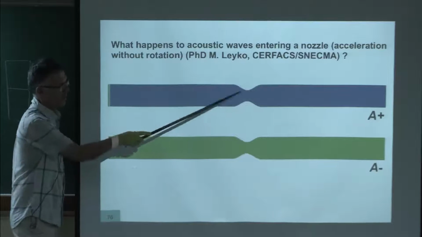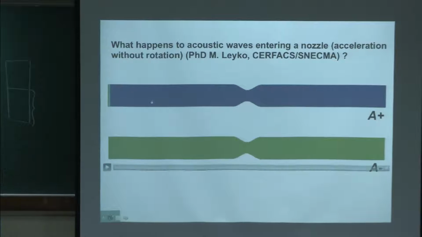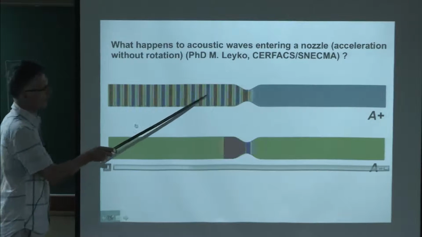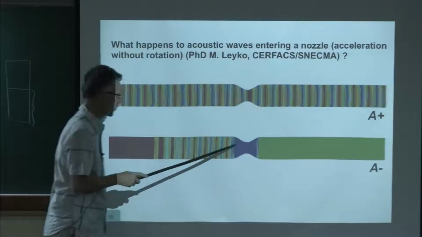The nozzle here is the simplest prototype you can imagine of a turbine stage. Okay? It's a place where the section diminishes. So you can see the wave here. That's the amplitude of the downgoing wave. And you see it's transmitted. That would be noise outside, but it's also reflected.